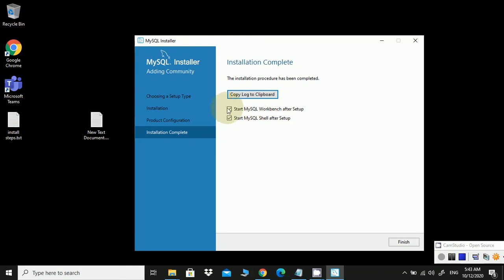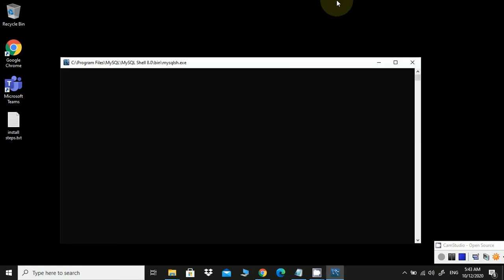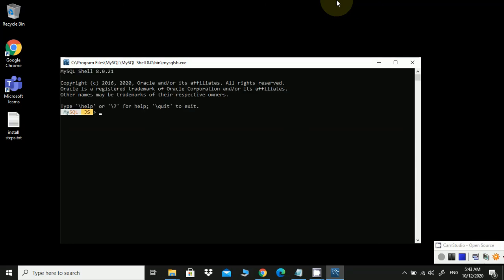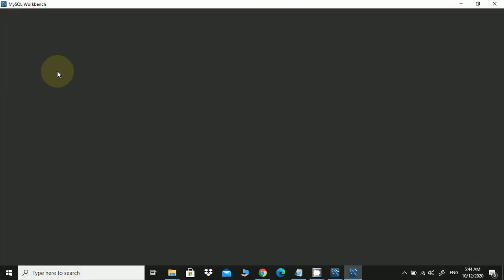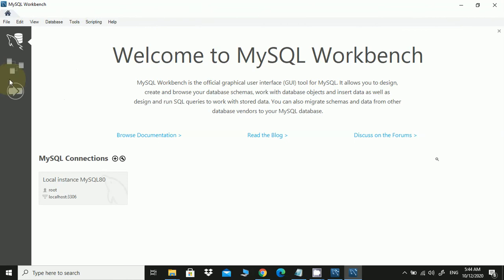So we'll select this option and we'll click finish. Okay, this is a command line environment for MySQL, and this is the GUI software MySQL Workbench, which you can use